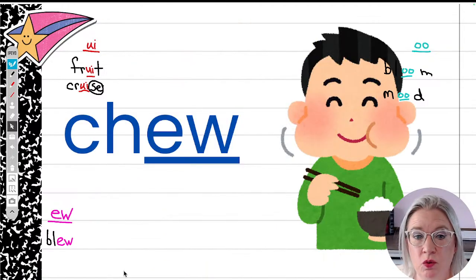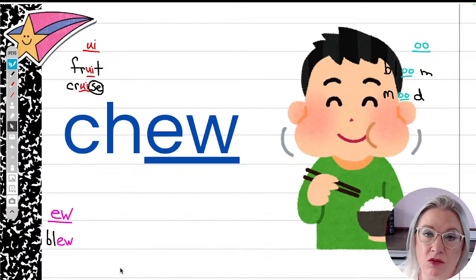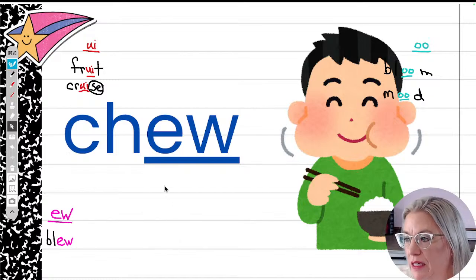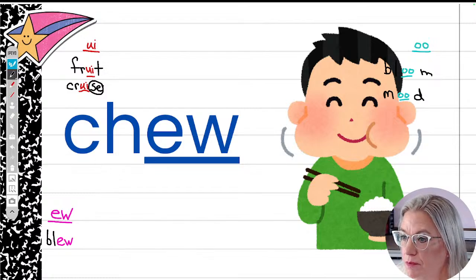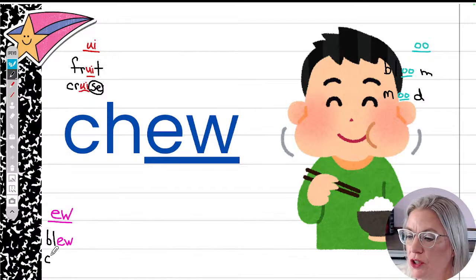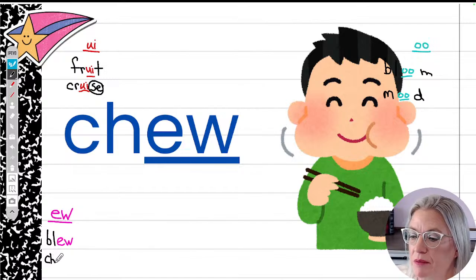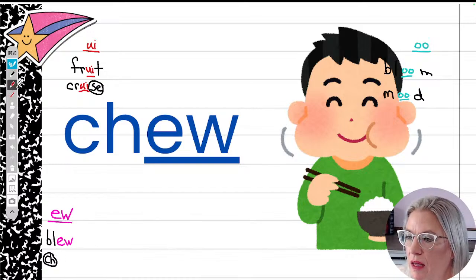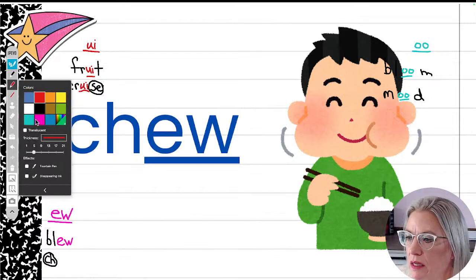Now we have chew. So this word only has 2 sounds. Ch, oo. 4 letters though, because the EW works together for oo, but also you have a CH for your ch sound. So again, we're going to group those 2 letters together to show one sound picture. That one goes in our EW column down here. Ch. Now that sound just pops out. We can't hold that sound. We'll just say ch and write those letters down, and then we'll switch to our EW color